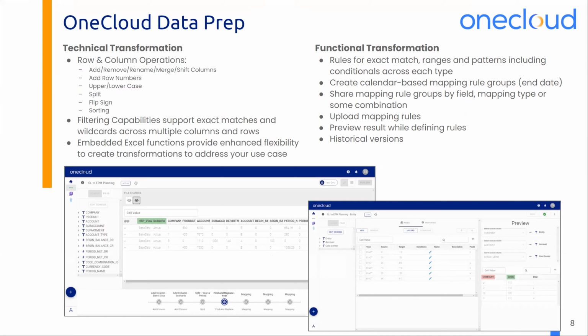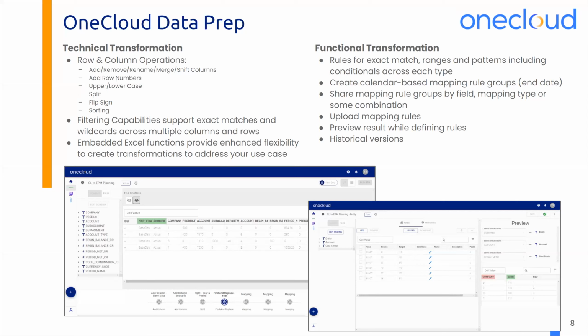What am I doing to the data when I get it out of the system, in terms of getting it ready to go into another system to support the load of data into another system? So maybe I need to do something with the columns in there. Maybe I need to remove columns. Maybe I need to add columns that aren't part of the data set. Maybe I need to add row numbers, things of that nature. That's more technical transformation. Those are things that we need to do regardless because of the different data models that